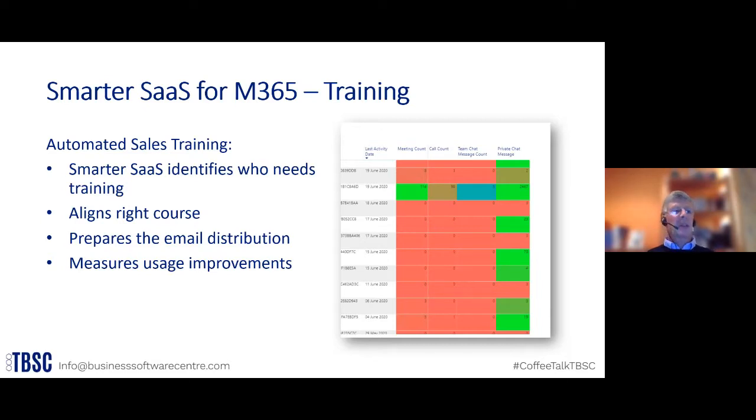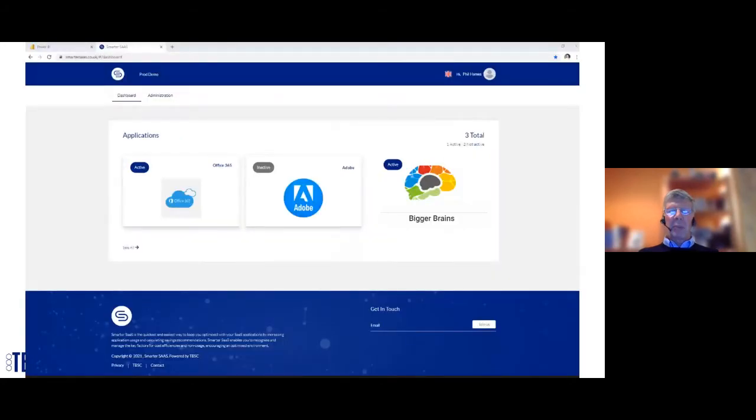Then you can see, as they start taking the courses, usage improvements and people getting more value out of the apps within their 365 subscriptions. So this fits really nicely with e-learning distribution models, and we're making that even simpler with our portal.